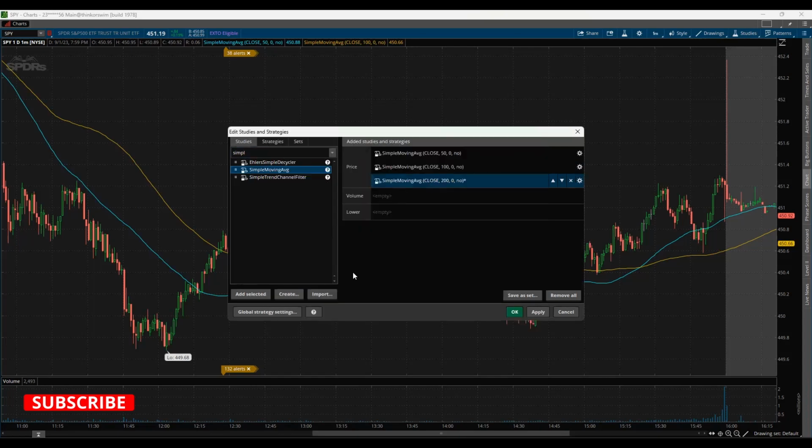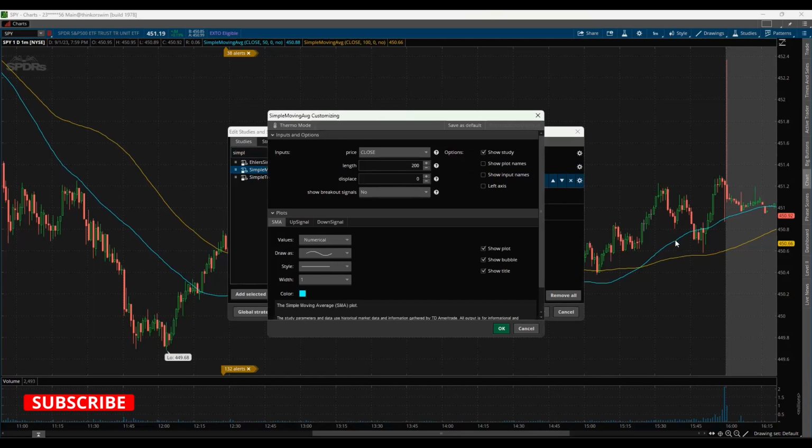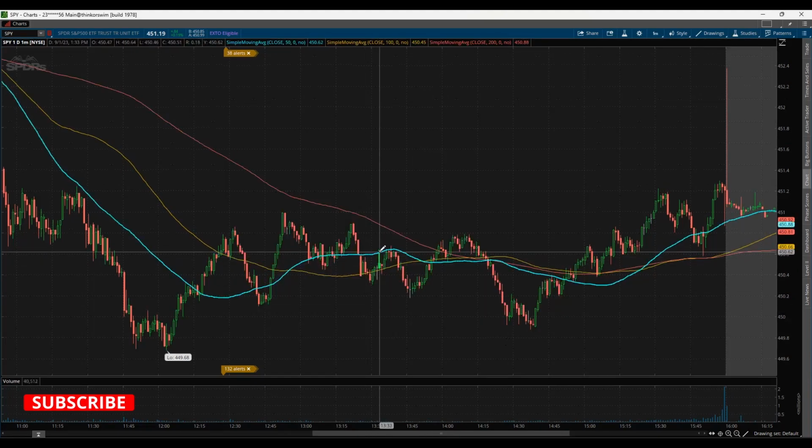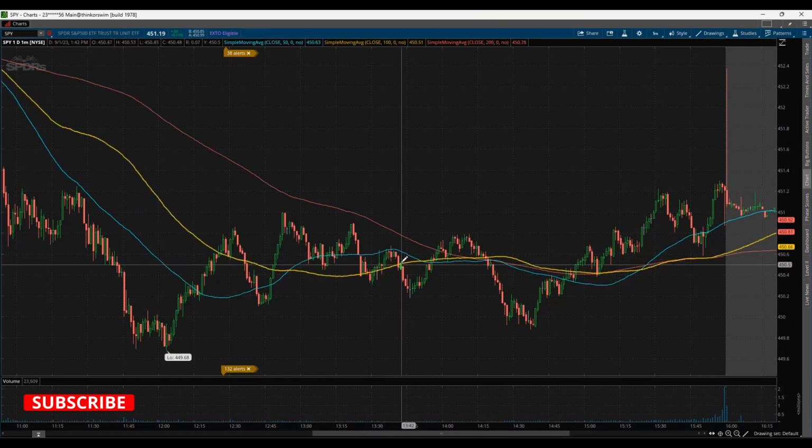Let's go back. So remember the color. So we have the yellow and the blue already. So now we're going to choose a different color. Let's go with red. You're going to click OK. You're going to click on apply. And then boom. So we have a 50-day simple moving average, a 100-day simple moving average, and our 200-day simple